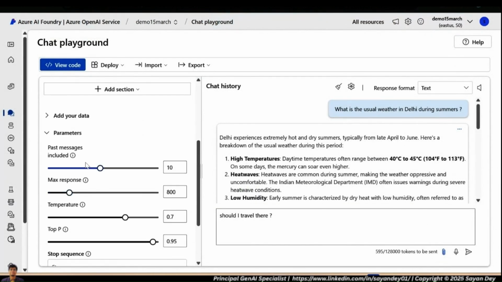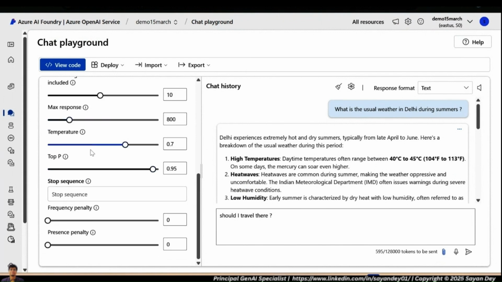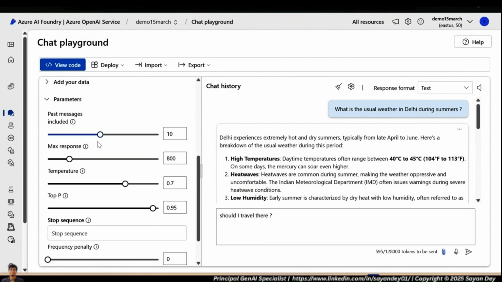And this is where you can set your prompt parameters. This is what we talked about. You can also set the max response. You can set your temperature, right? And these are all system level settings. And next time when we talk about prompt engineers, because this is the other question that keeps getting asked: what exactly are prompt engineers doing? What is it that prompt engineers are really doing? So next time we talk about